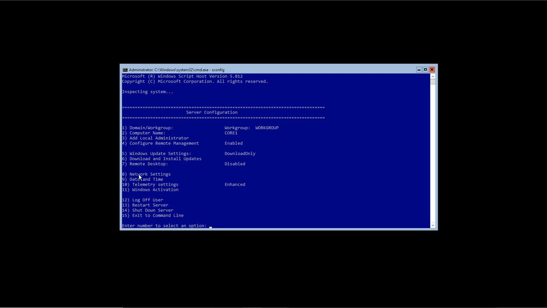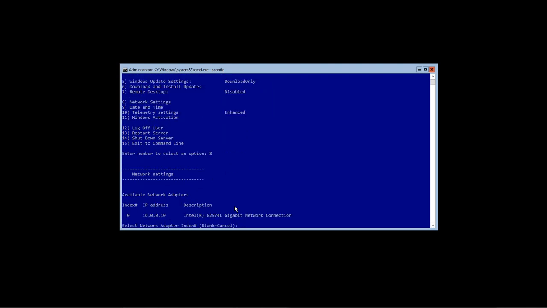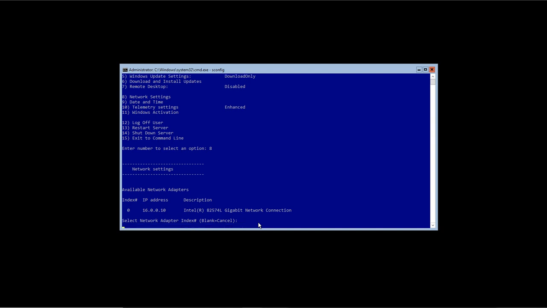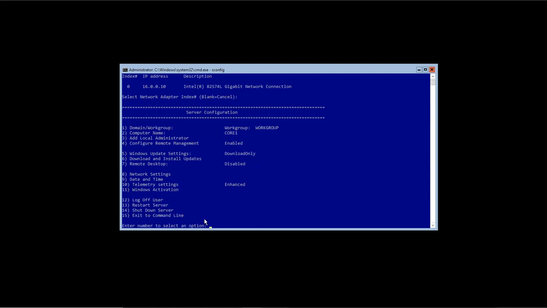So network is important, so let's check whether the network is right or not. So I will go to number 8, and here it is saying that this is the IP address for this interface, that is 10.0.0.16.0010. So I think it is the same IP which I need, so I will go blank because I don't want to change it. If you want to change it, then you can mention the adapter setting, adapter index number, and it will change.